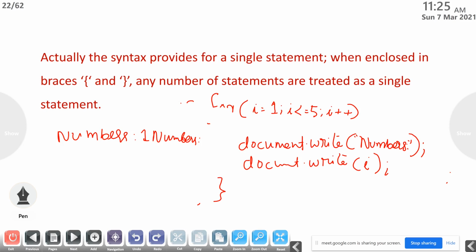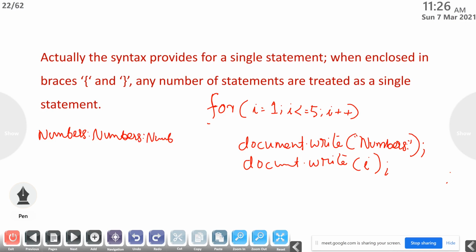And if we are not using these braces in between, then what will be the output? For example, for I equal to 1, I less than or equal to 5, I plus plus, document dot write numbers. Then what will be the output? It will print numbers colon, again numbers colon, again numbers colon.